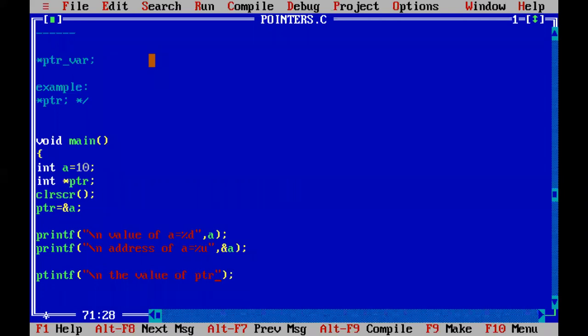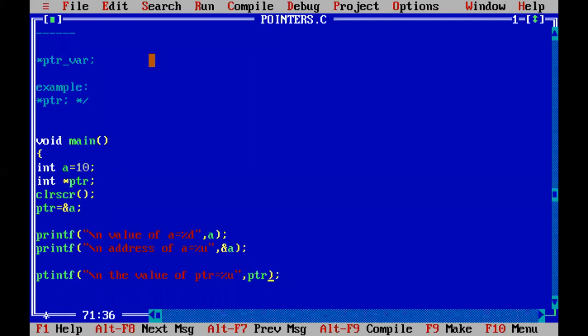PTR equal to address of A. Address of A is 65524. That 65524 address only we stored into PTR. So how to print that address? %u, comma. If you write PTR, PTR is nothing but the address of A.